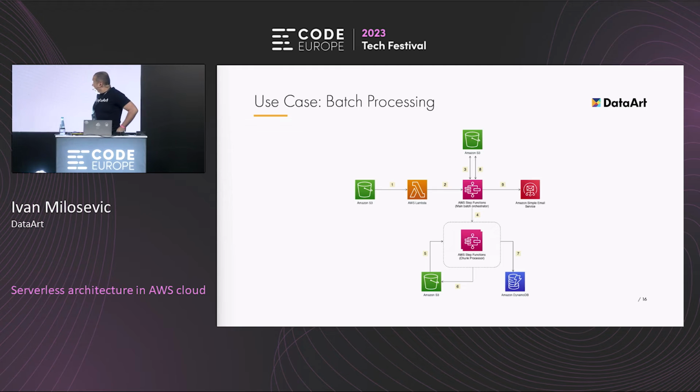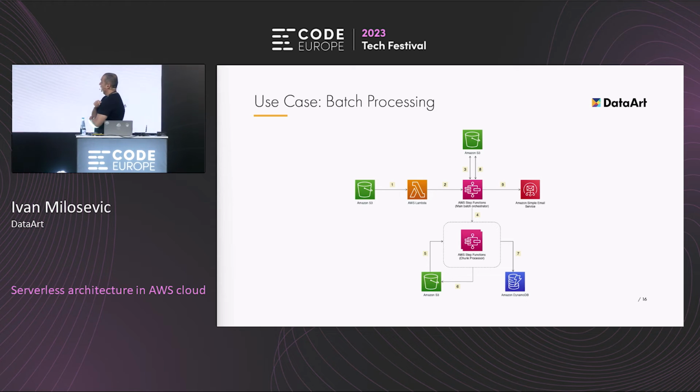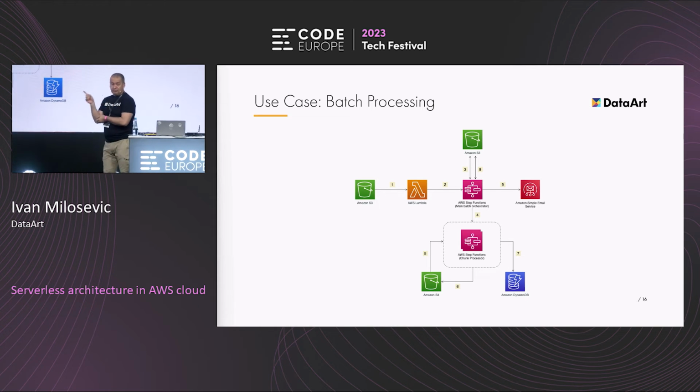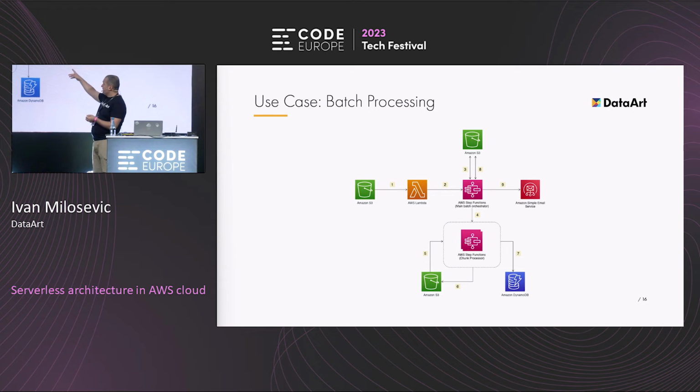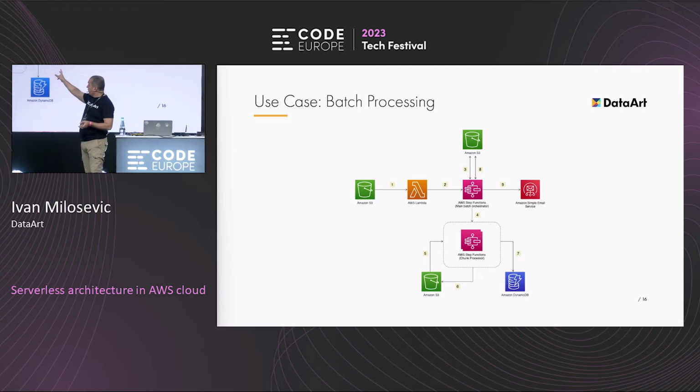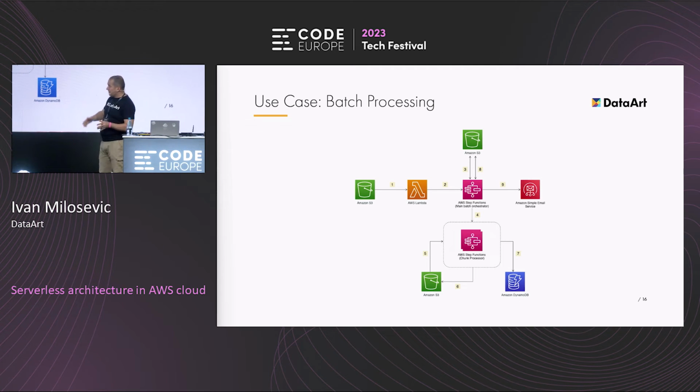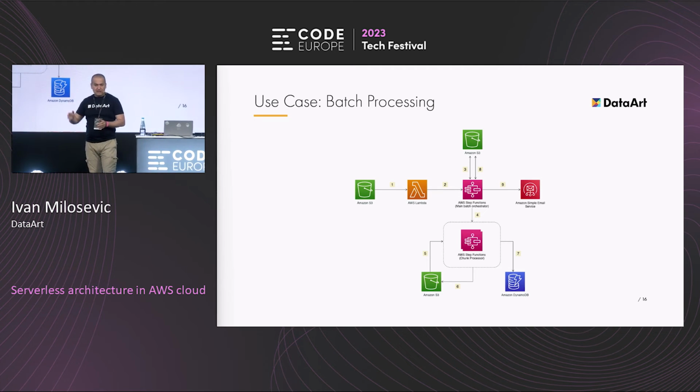Batch processing. This one is funny. When I say funny, I mean in the way it works. Because, again, processing starts from the left side. You push, let's say, a huge file into Amazon S3. Lambda reacts to it, and it notifies this thing, which is actually a Step Functions type of service, which does the orchestration. What it does is simply slice your file into chunks, store them in S3, and